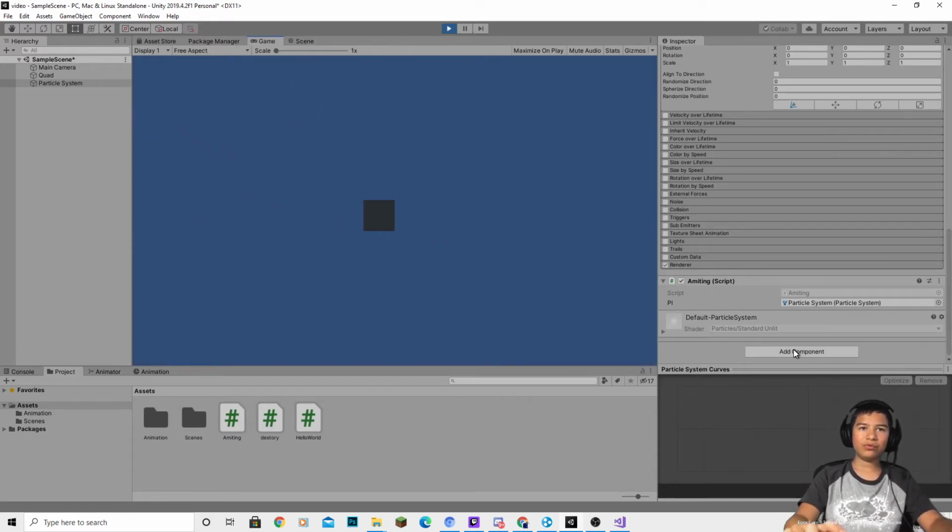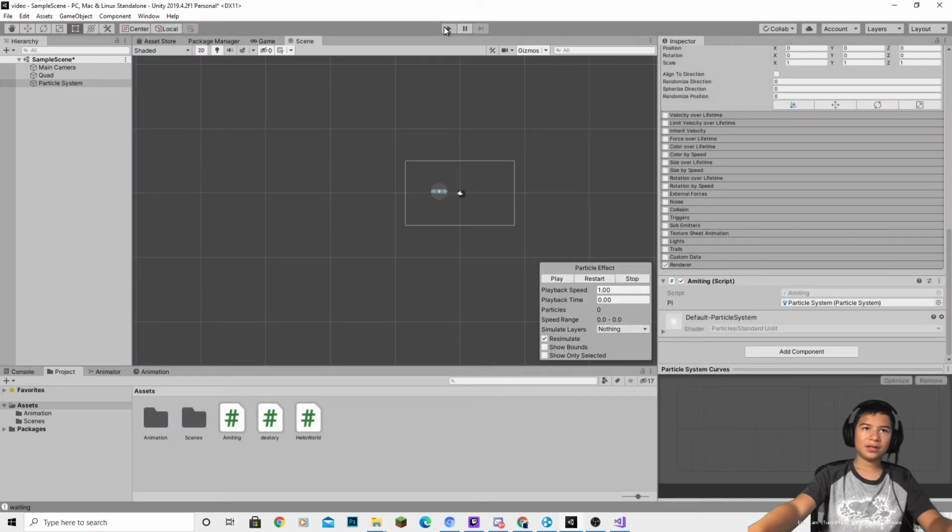As you can see, I'm moving my square. I click and everything, nothing happened. But as soon as I press space, an explosion happened. Now this will be really useful, since as soon as I press space, my square also dies. So let's see what will happen. In order for my particle system to move wherever my square is moving, all I have to do is drag my particle system inside,